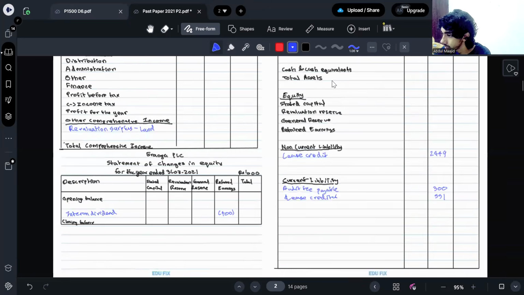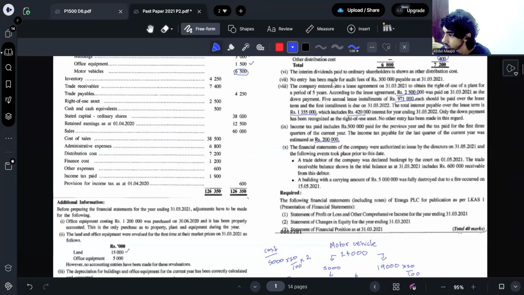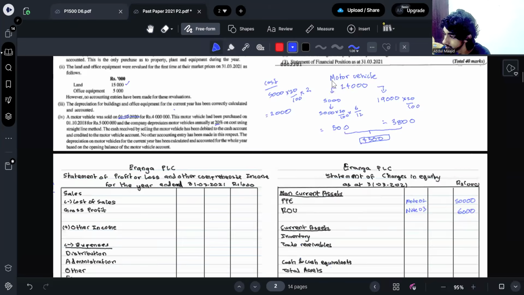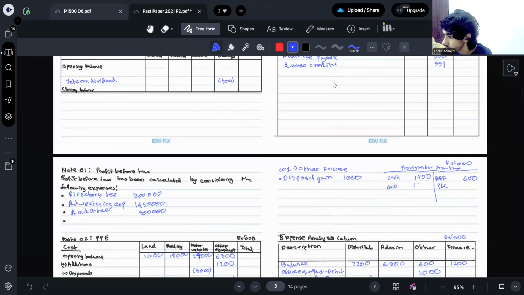The liability of the last quarter will be the closing liability amount. The last quarter's income tax payable is 200,000. So the balance carried down is 200,000. You can balance off and find out how much is the amount relevant for the year. The relevant for the year amount